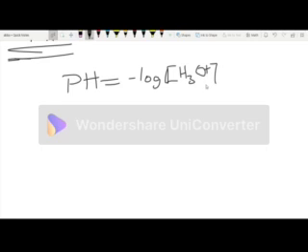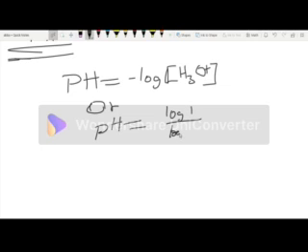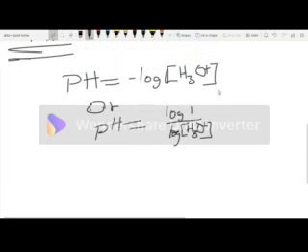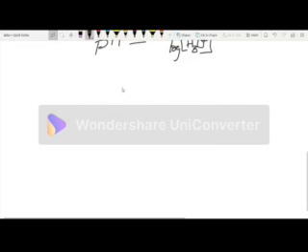like that. Then also we can say that pH is equal to log 1 over the concentration of the hydronium ion. This simply just means one and the same. So it doesn't really matter. So yeah,